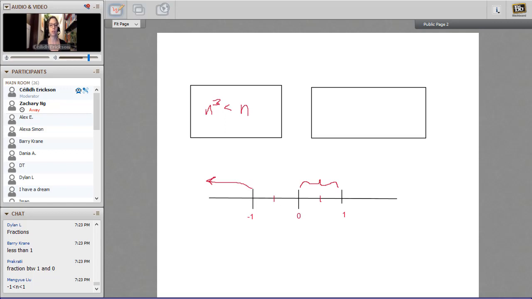So the way to rephrase this is either n is less than -1, or it's between 0 and 1. Between -1 and 0 does not work. 0 itself does not work. So this is kind of a more complicated translation than it looked like. And this is really what the GRE is all about. It's not about doing complicated math. It's about translating the underlying logic of what it is that they're telling us. So with that as our translation,